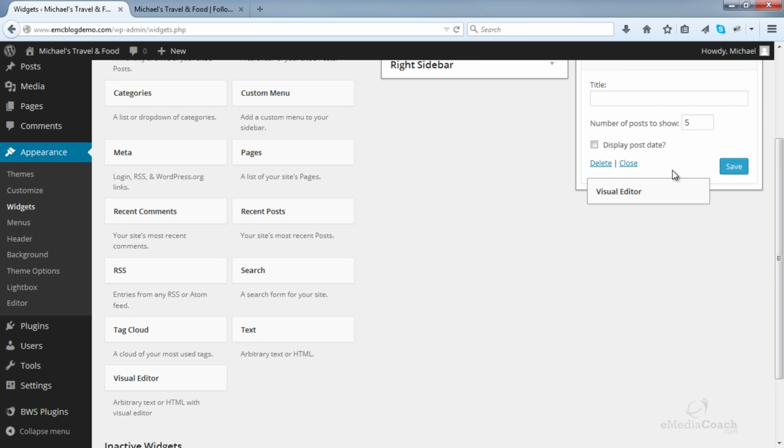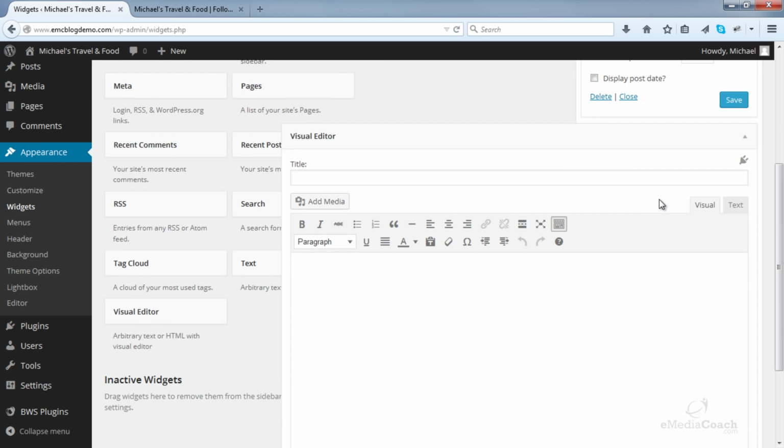So we can drag and drop that across. You'll see that gives you the flexibility to add anything you need to. So we can just add some text, perhaps about us. You can add images, you can embed video if you need to. I'm just going to put some sample text in here from another screen I've got.